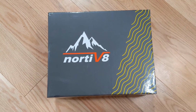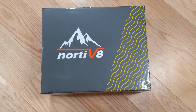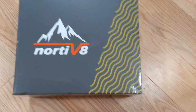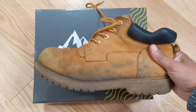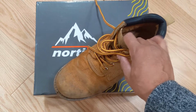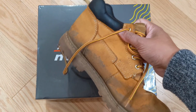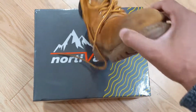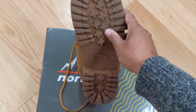Hey everybody, today I'm going to be doing an unboxing and first look at the Nortiv8 hiking boots from Amazon. I've got my camel crowns here, which I've had for 4 years, and you can see these boots are pretty beat up. Lots of mud. I take these out hiking, camping, Mount Hood, Tillamook Forest. 4 years they've held up really well. I have had to kick campfires, burning logs, and as you can see the wear on the bottom of these